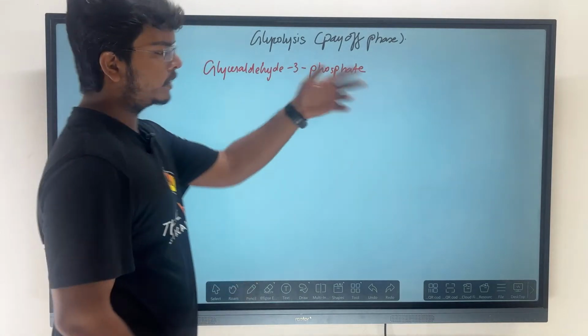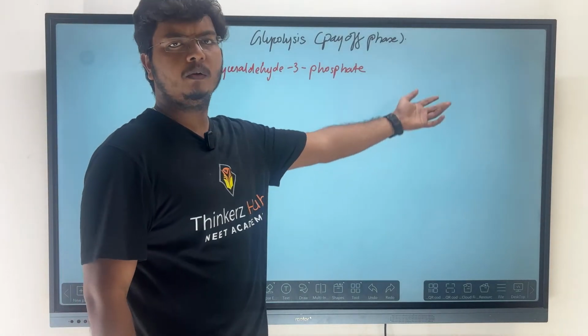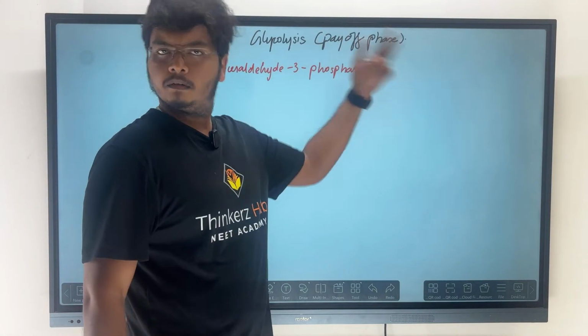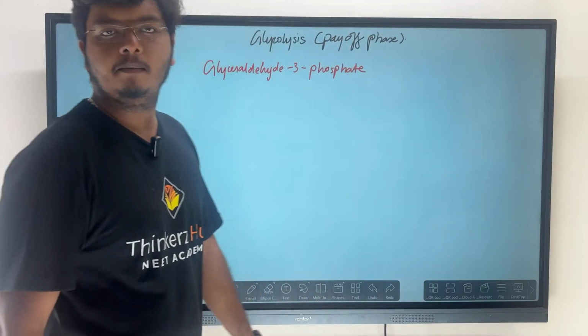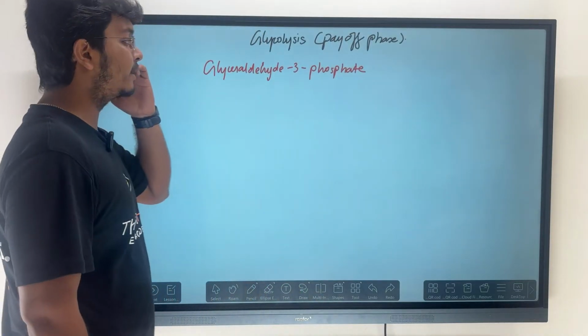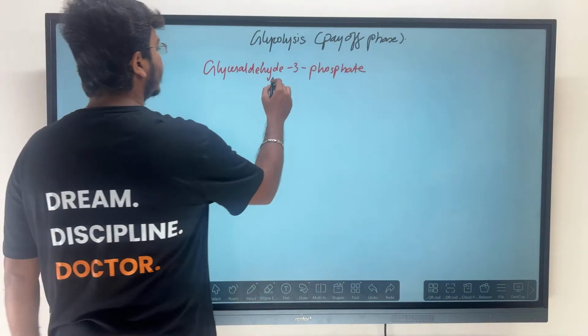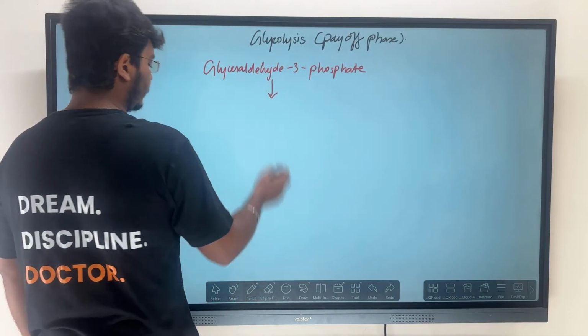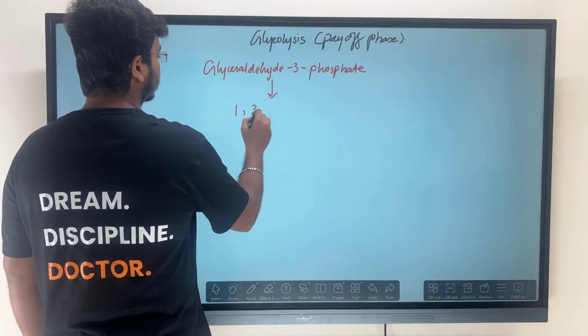Why not dihydroxyacetone phosphate? You can go with that also, but anyway both are the same, functionally both are the same, right? So we'll take this as the substrate now, and this glyceraldehyde 3-phosphate is now getting converted into 1